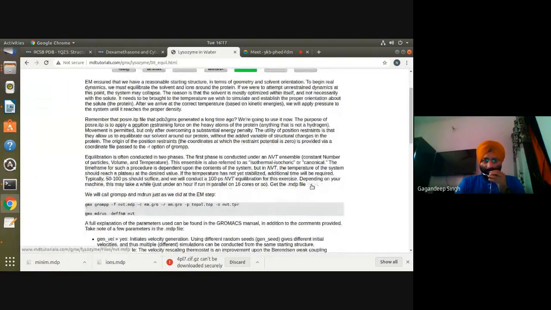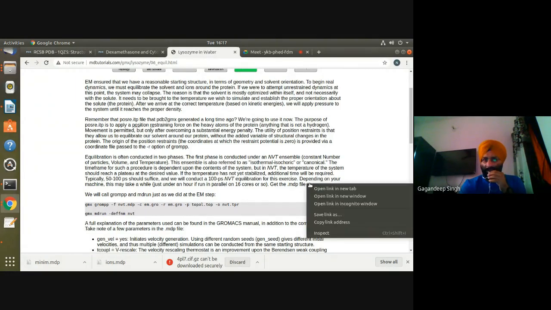Now what will we do? We'll add an NVT file, which means constant volume and temperature, because we are going to simulate a particular system.